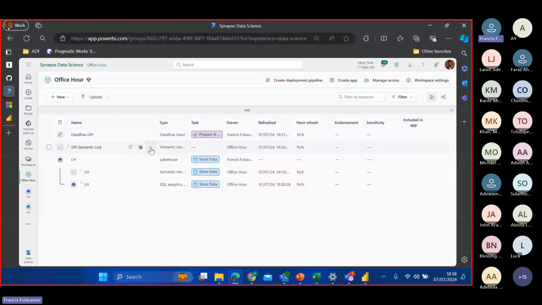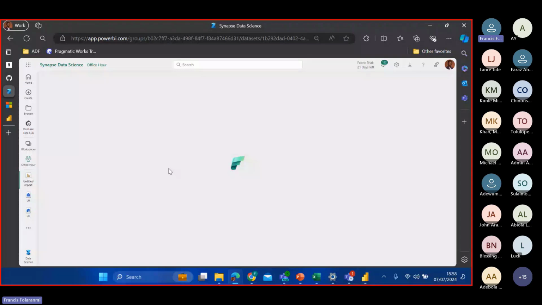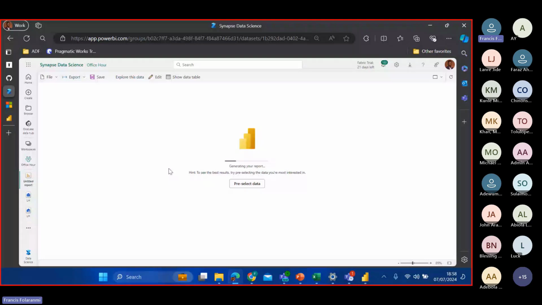In a matter of seconds, I have a report that can even just show us the trend of the Global Peace Index. Of course, you can always tweak it to your taste into a more presentable version of the report. Now I have something ready-made that I can work with and continue doing my work.